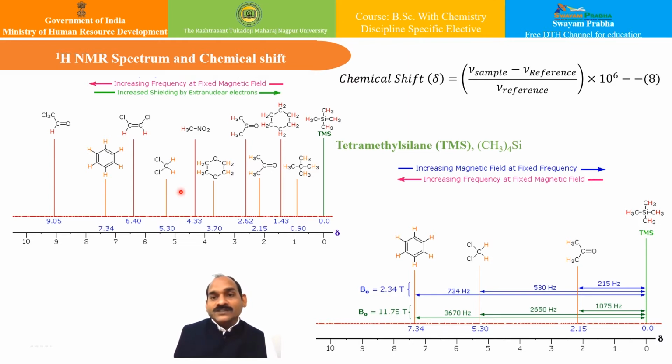So what should be the property of such a reference sample? It should be chemically unreactive to your sample. Secondly, it should be easily removed from the sample after your job is done, that means after your measurements have been taken. And apart from that, it should give a single sharp NMR signal that does not interfere with the resonance normally observed for the majority of the organic compounds. And one such compound is tetramethylsilane, which can be represented like this, and we call it TMS.